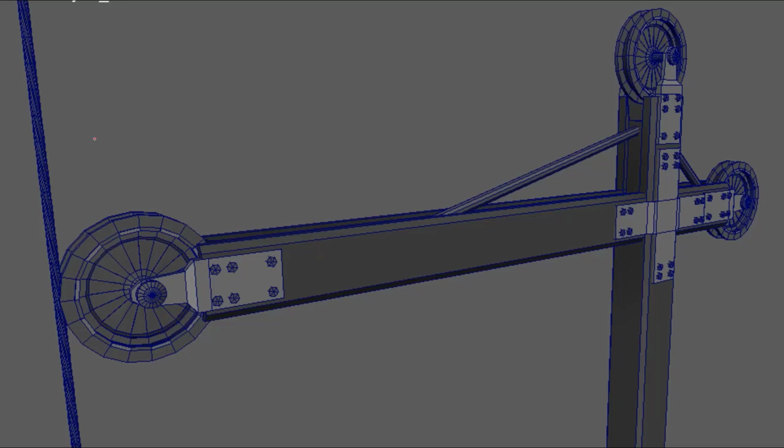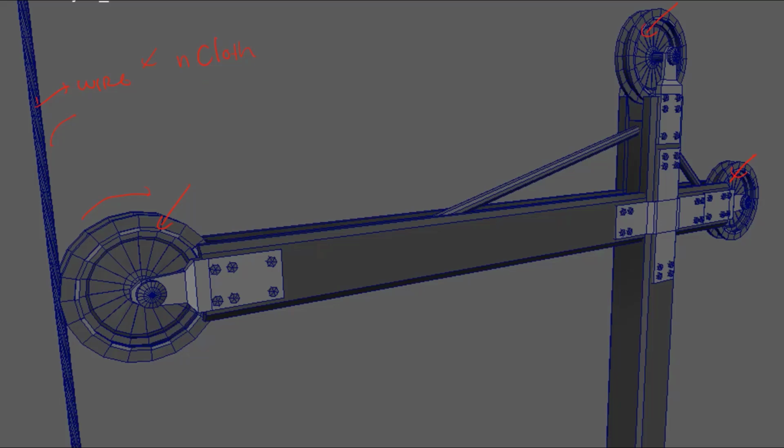This wire will be applied as nCloth. This project is a simple one, showing how to work with the wire, the constraint, and also the cloth.